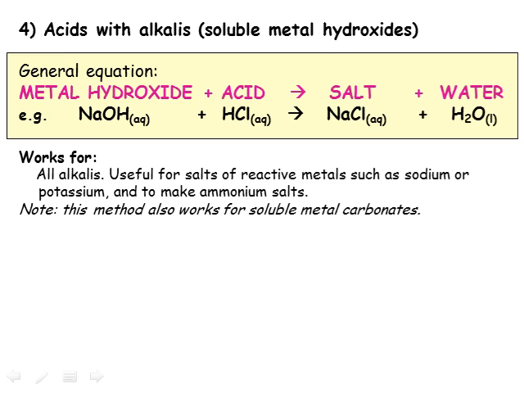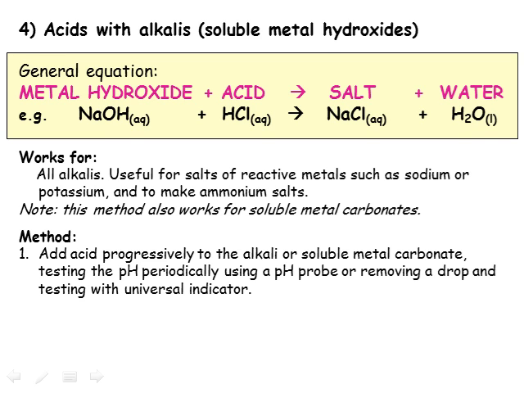In fact, it will be difficult to tell when we've added the right amount of acid or alkali to exactly neutralise the solution. This method is useful for making salts of very reactive metals, such as sodium or potassium salts. We start with the alkali and gradually add the acid to it. Since we can't see when the reaction is complete, we have to take samples frequently and test them to see